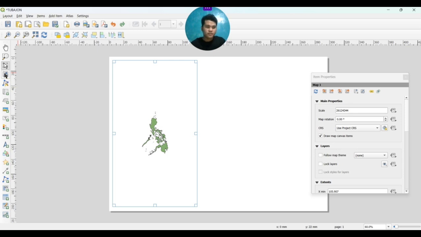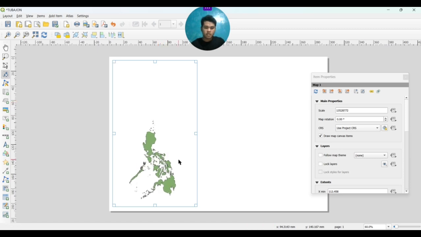Now go to this part here, the arrow one. Click that one, and when you want to move your map, you just move it. In my case, I want to zoom in here.